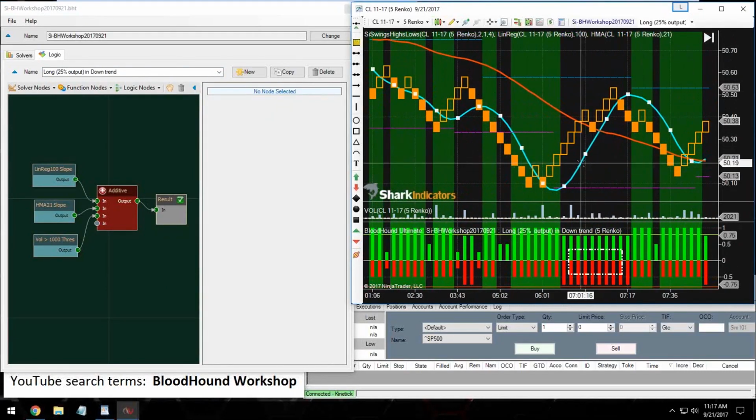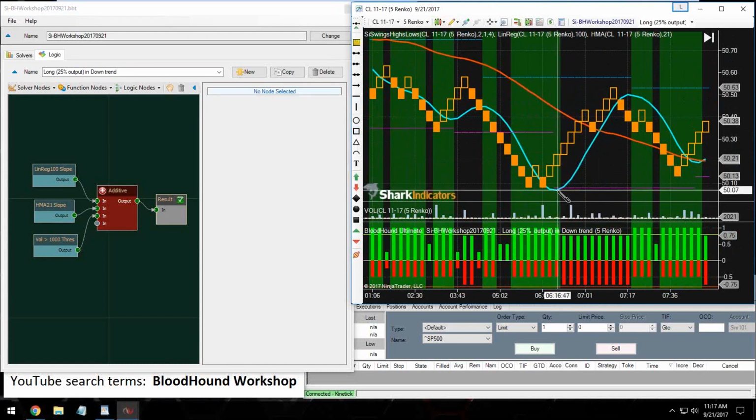So let's pick on the HMA here, and let's say we want to check that the HMA has been sloping upward for a number of bars, or